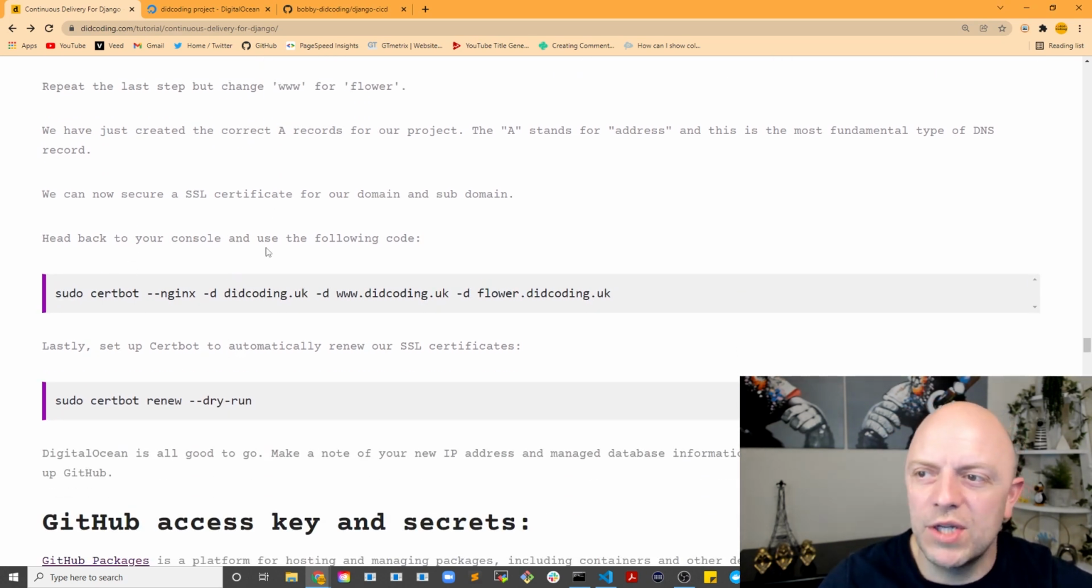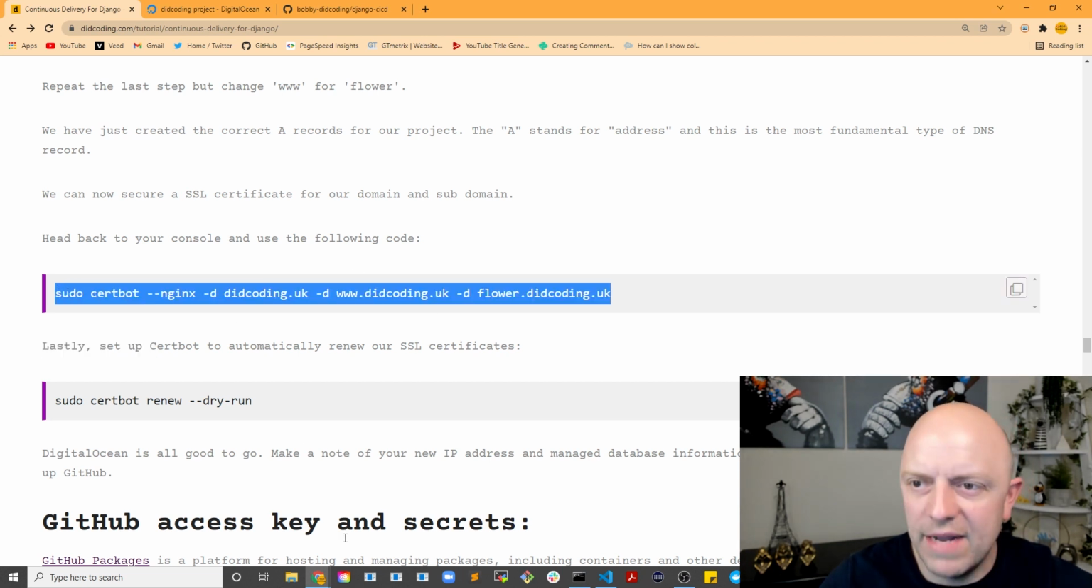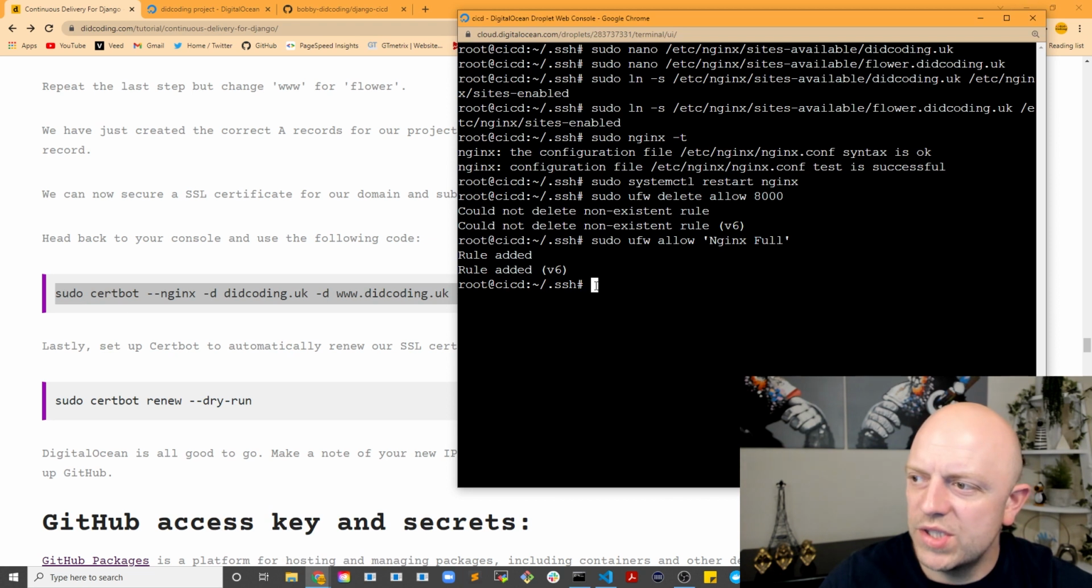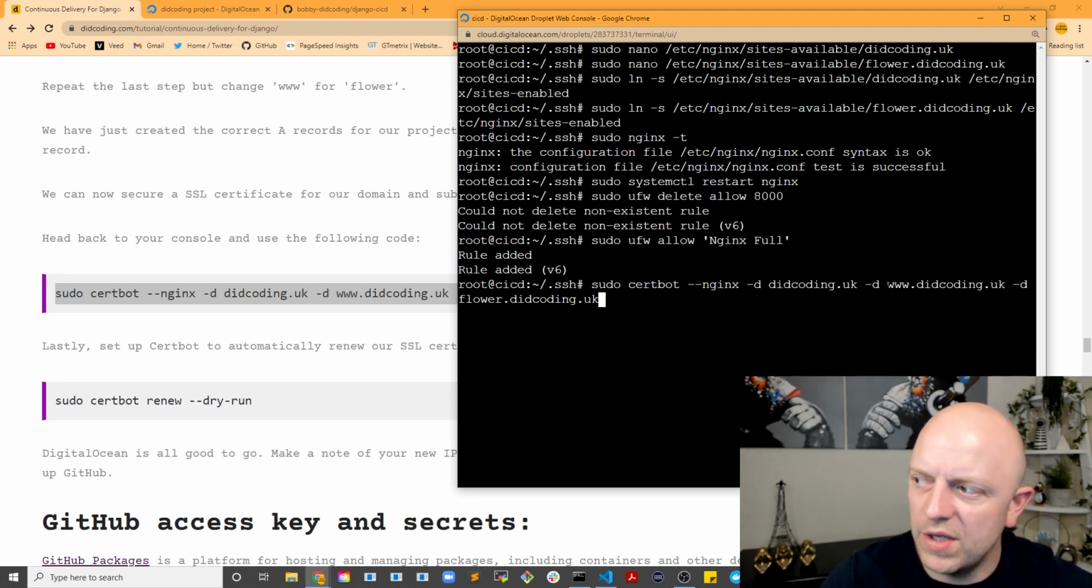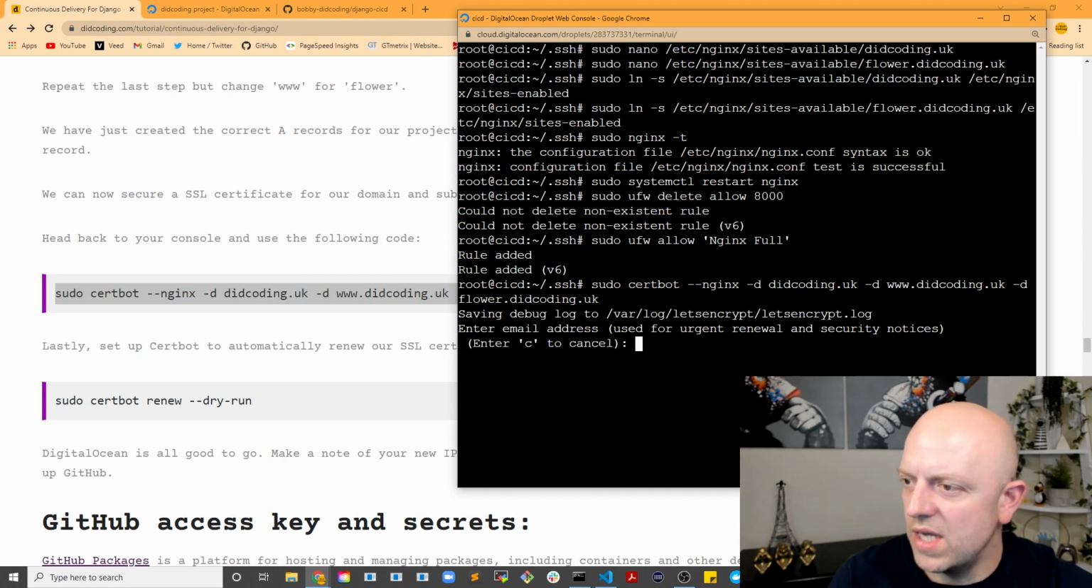So head back to your console and use the following code. Because we've configured everything and installed certbot, can you see that? It's above my head there. Paste. Obviously, you'd change digcoding.uk, www.digcoding.uk, and the flower.co.uk or digcoding.uk. If you click OK, as the DNS records are there,